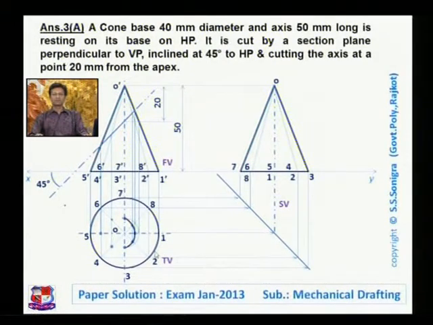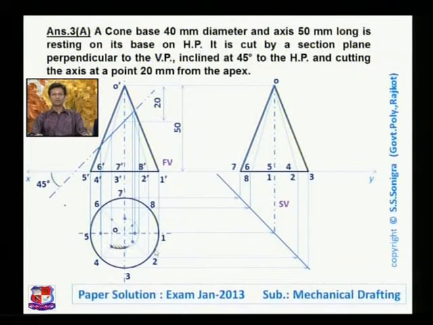Join all these points with a smooth curve, so it would appear like this, and draw section lines in this portion. So it's a sectional top view, as the sectional portion is there in this portion. Whenever you draw section lines, everything which is drawn in this portion should be erased, whether it is a solid line, dotted line, full line, axis or any dimension or any projection line. Nothing should be drawn with this section line.